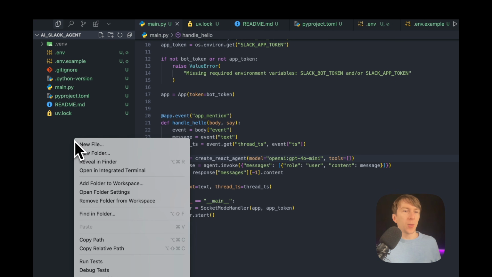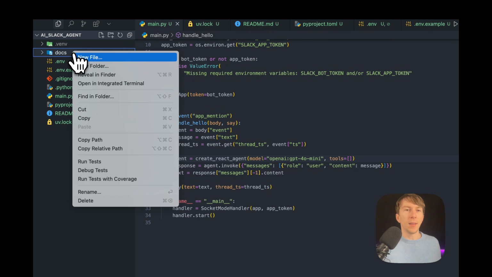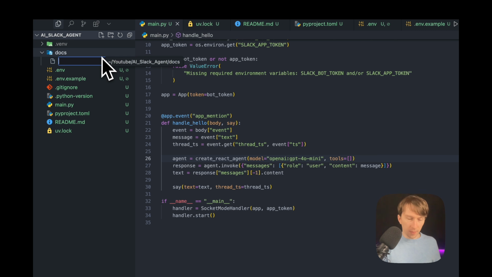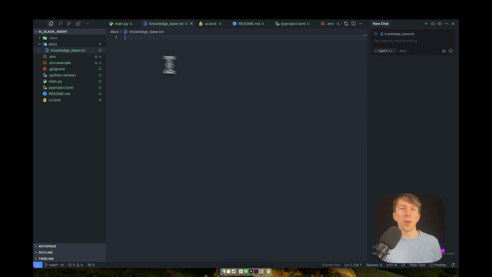So first let's create a docs folder. So here we'll create a docs folder. And inside that docs folder, we will call this file knowledgebase.txt. So I know that this could be even more powerful if we would use, for example, Confluence docs or